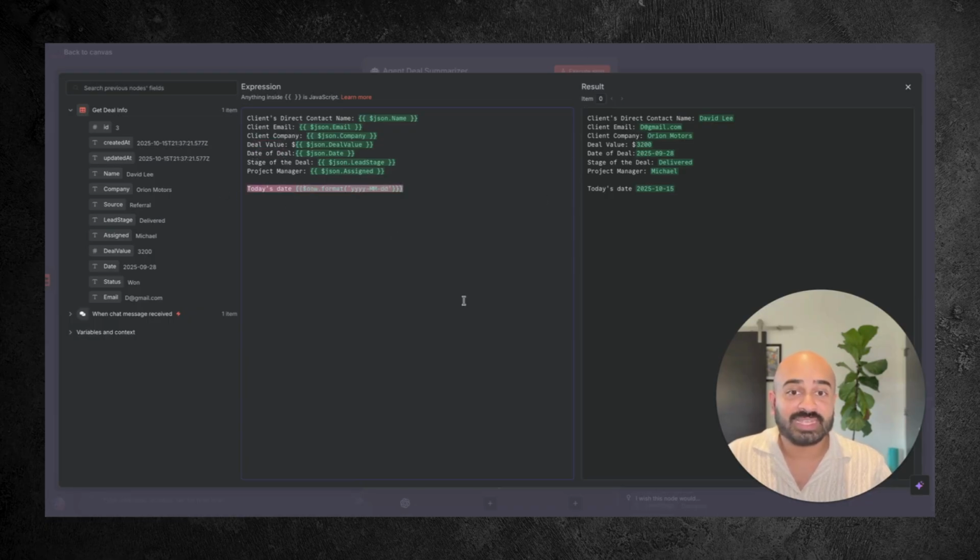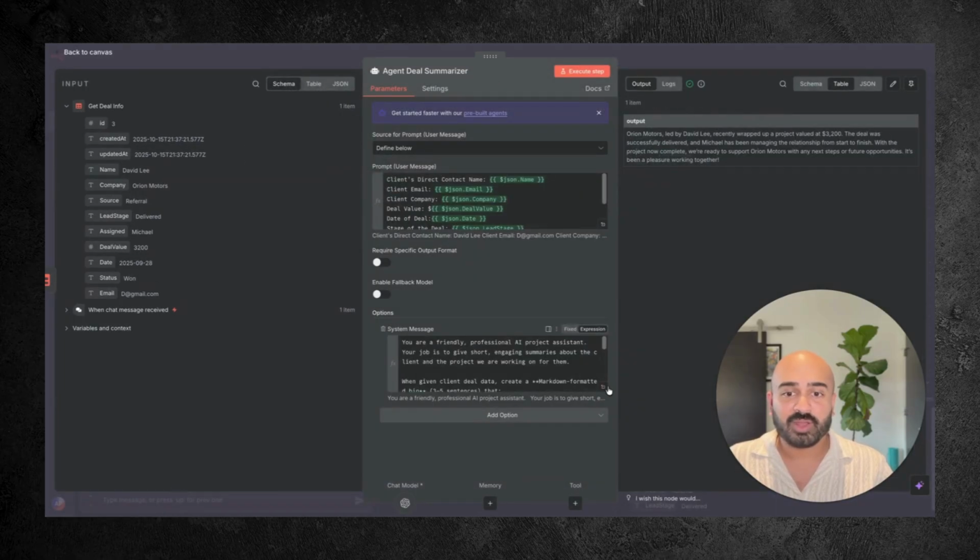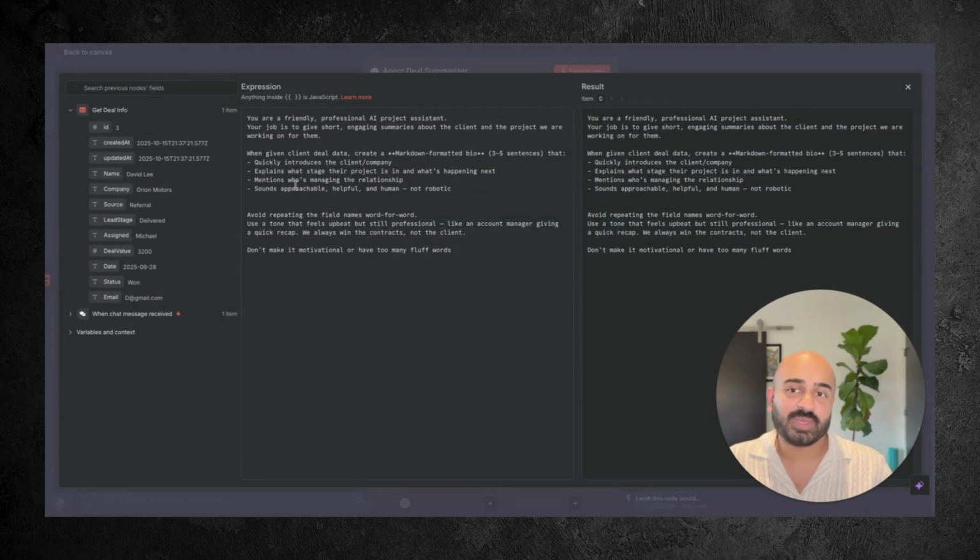I also gave it today's date. So if it wants to do a relationship, or if it wants to basically say, hey, this deal was closed 2-3 weeks ago, it knows today's date, so it can do a reference off of the date of the deal here versus today's date. So I'm going to also show the system message, and this is basically the prompt for the